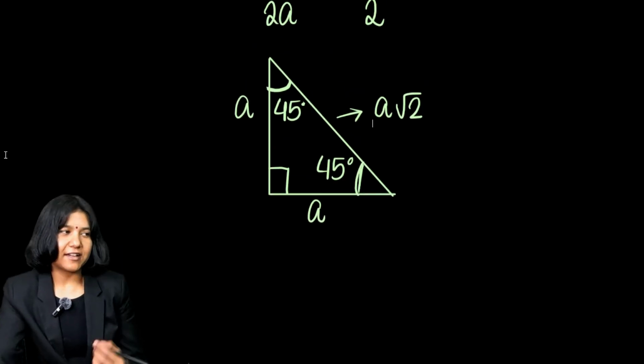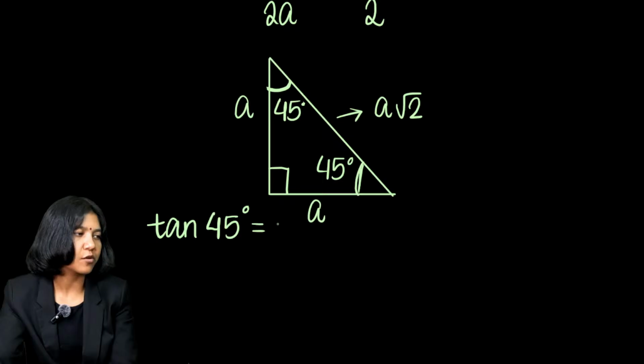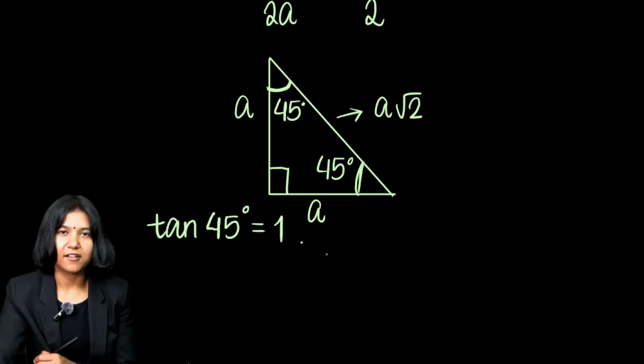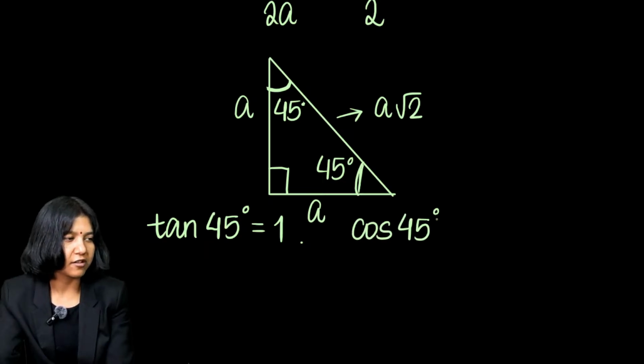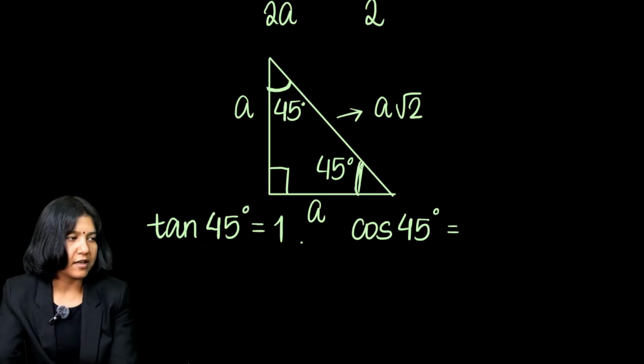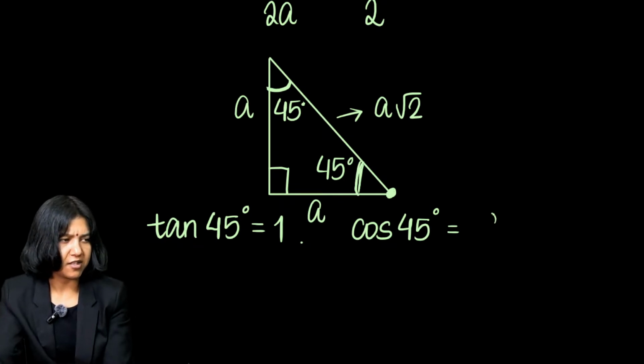And now, I think it makes sense why tan 45 is 1, because at 45 degrees both the adjacent and the opposite are equal. It has to be 1, okay? And likewise, if I have to find cos 45 or sine 45, it's like looking from any point. Even if you look at the triangle from this point, the adjacent is a and the hypotenuse is a root 2,